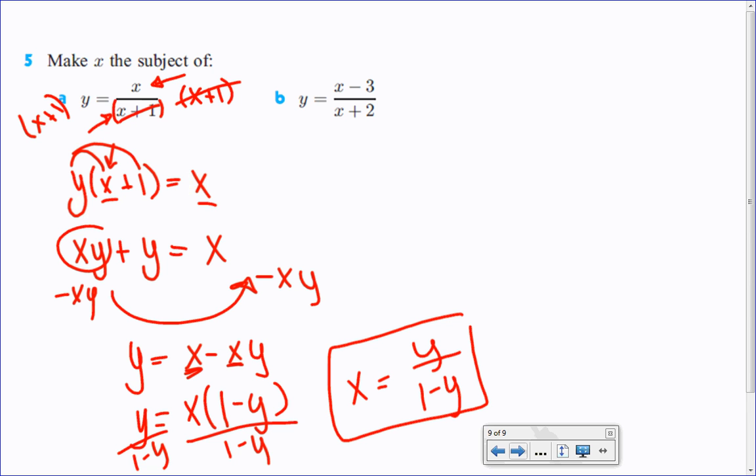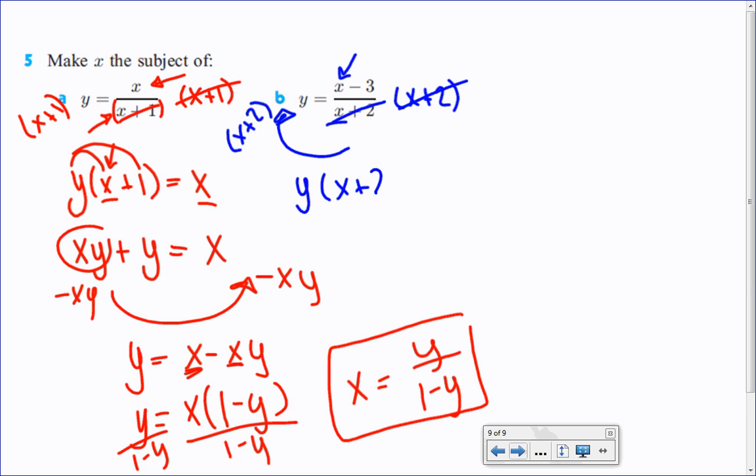Okay, last one, similar situation. We've got an x in the denominator, which we for sure have to move to the other side. And we have an x in the numerator, so we'll have to distribute and rearrange. So to move x plus 2, that quantity, to the other side, we'll have to multiply both sides by x plus 2. So it's going to cancel this. And over here, we'll have y times x plus 2 on the left is equal to x minus 3. We'll distribute our y so we can move all our x's to one side. So we'll have xy plus 2y